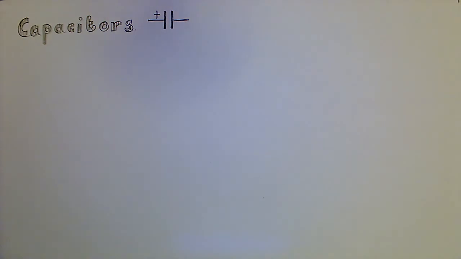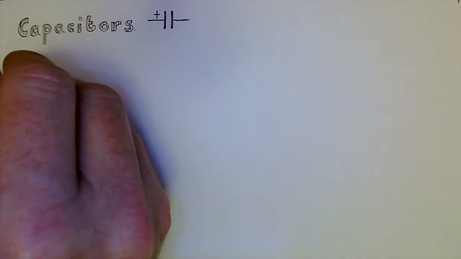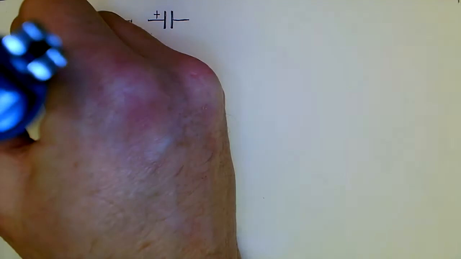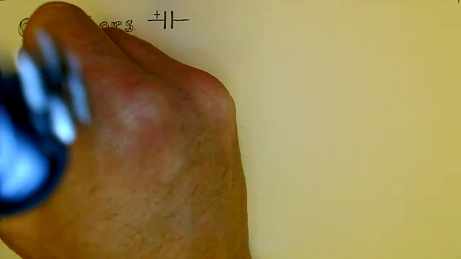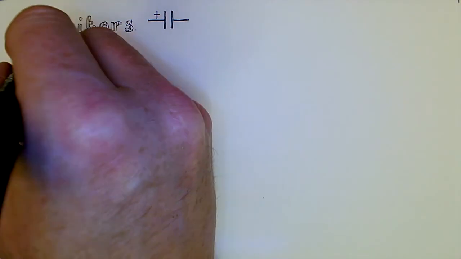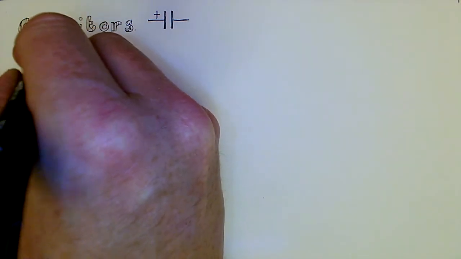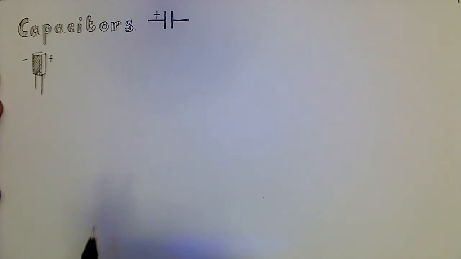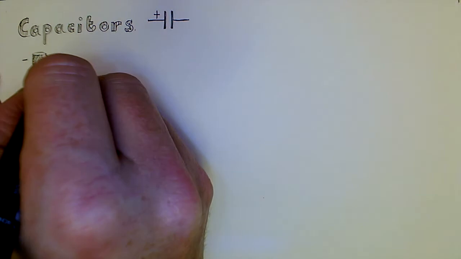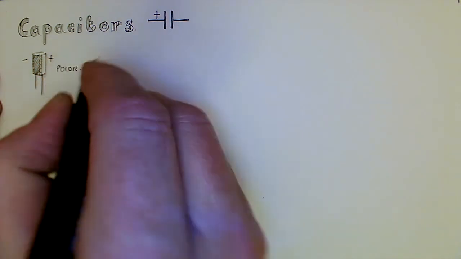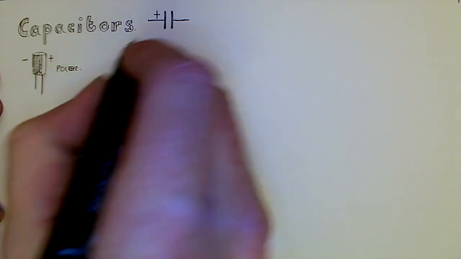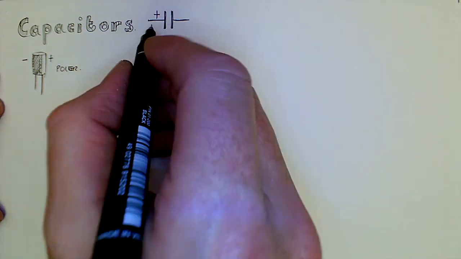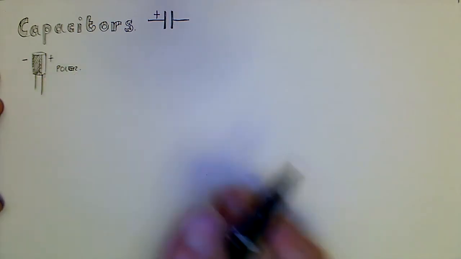So what is a capacitor? The ones that you'll be familiar with are usually sort of little cylinders like this. They have a long leg and a short leg, and the ones we've got have a grey band on them, and they have a positive side and a negative side. So they are what's called a polar component, because they have to go into the circuit in the right way around. Okay, so they have a positive leg and a negative leg, and it has to go the right way in